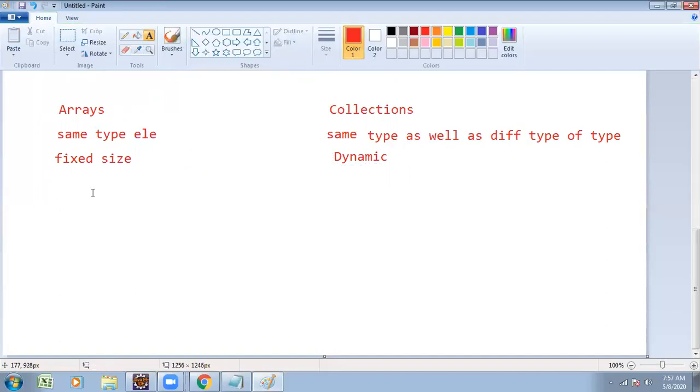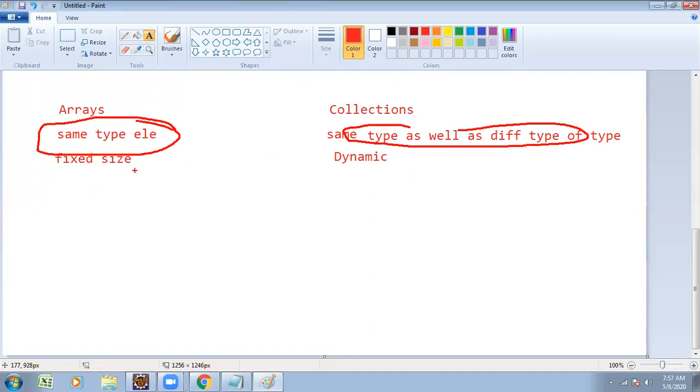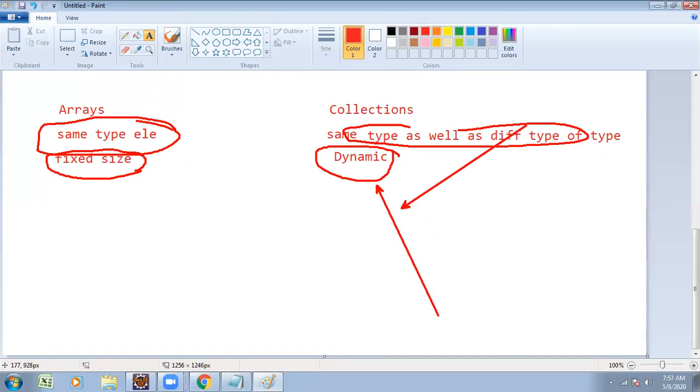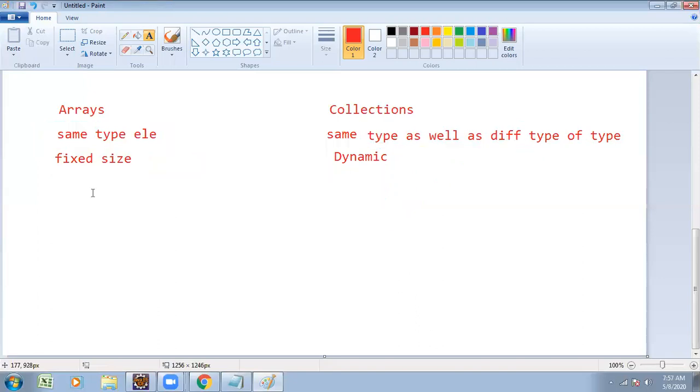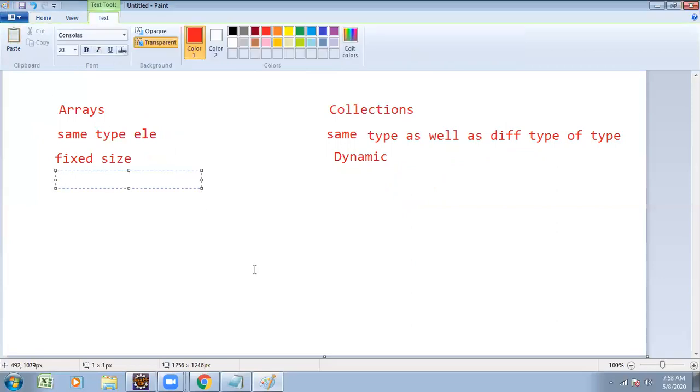So the disadvantage with an array is that it holds only the same type of elements and has only a fixed size. You mention 5 elements, but with collections it is dynamic. If you increase the size, increment is done; if you decrease the size, decrementation is done. Both are supported at a time. That's right: arrays are fixed size, collections are dynamic, growable type. Next, if you're working with arrays, it can be memory pointer.